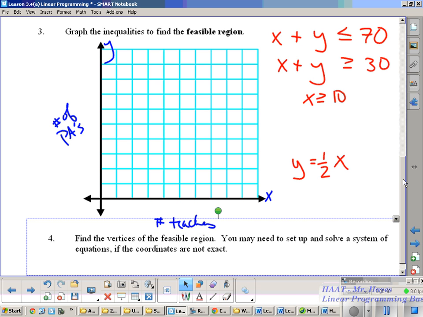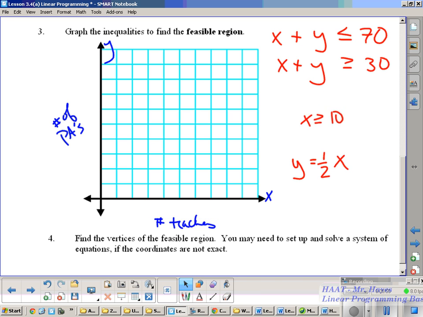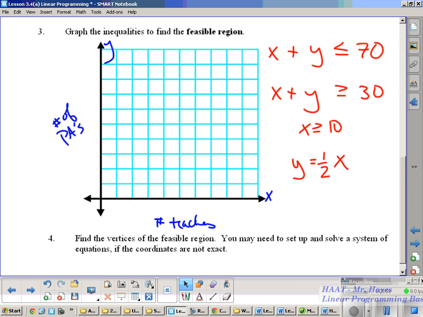Now the question is what we're going to use for our scale. What is the largest value that you can get out of this? So you're going to look at your 4 restraints, and you're going to say, well, X is greater than 10, that's doable. So I have to go by at least 10s. On the other two, X plus Y is less than or equal to 70 and 30. If X is 0, Y is going to have a value of 70. So that would put me up to 70s. So if I count by 10s,